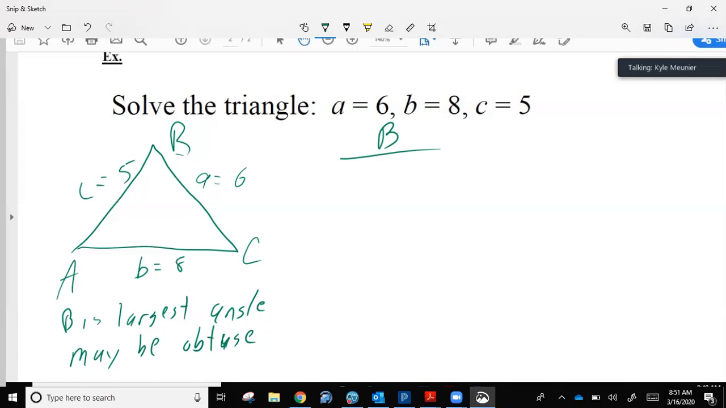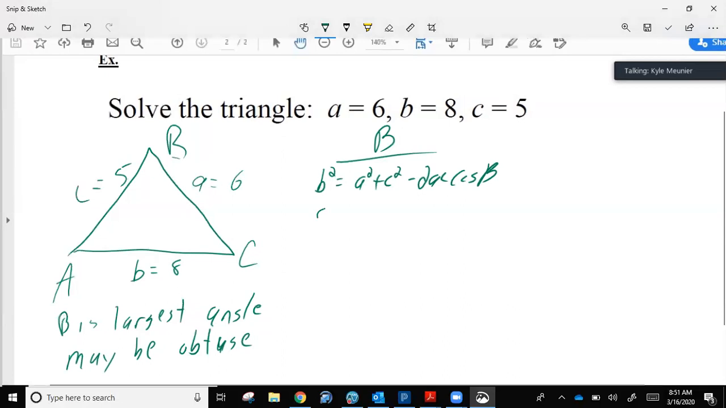And when I go about that, I need to say that B squared equals A squared plus C squared minus 2AC cosine of B. That's going to give me 8 squared equal to 6 squared plus 5 squared minus 2 times 6 times 5 cosine of B. And this is the mistake I made in the previous video. I accidentally flip-flopped the 8 and the 5. Silly mistake, my fault. So as I work this one out, I get a 64